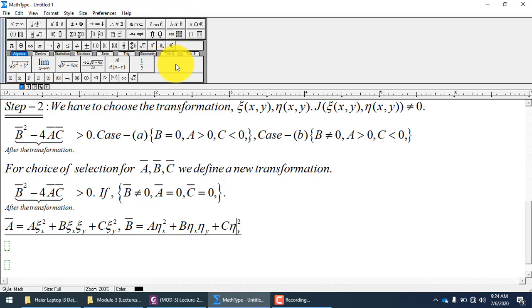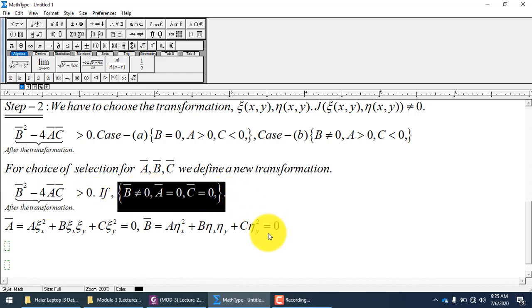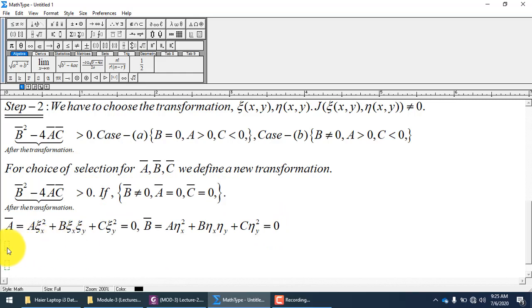Okay, now you have written the formulas for A bar, B bar and C bar. We know that this has to be 0, it is written in the lecture slide, because this is one of our choices to transform so that the quantity is strictly positive. If A bar and C bar are 0, you are left with B bar, and B bar will not be equal to 0, so the quantity will be positive. This is your choice, remember that. That is why we are taking A bar and C bar equal to 0.